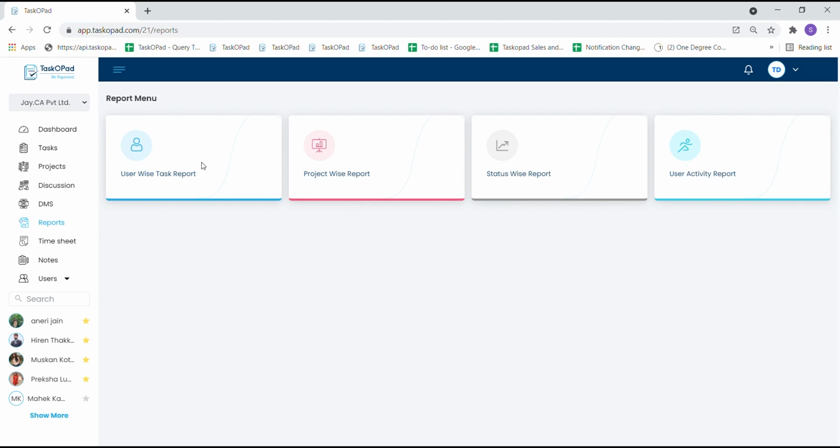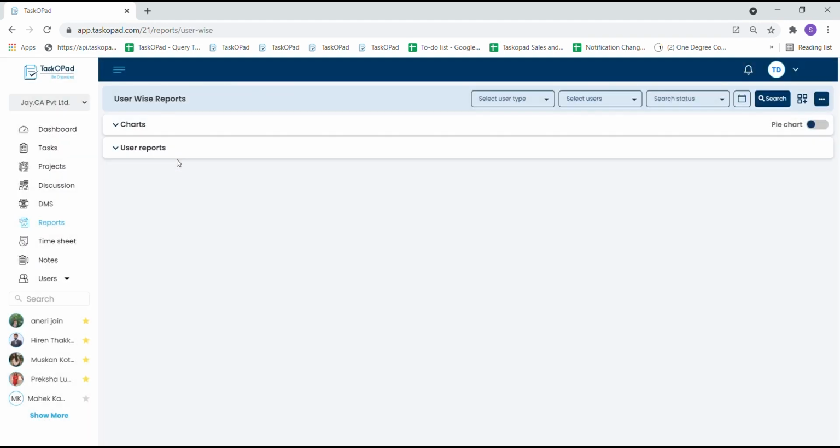Let's go on to this user-wise task reporting. From here, you can get every task status with the respective dates with counting. So first you need to decide which reports you want to generate. From here, you need to select a type of user, like you want to have the data of a particular person who is owner in the task, or assignee, or a follower. I am choosing assignee over here.